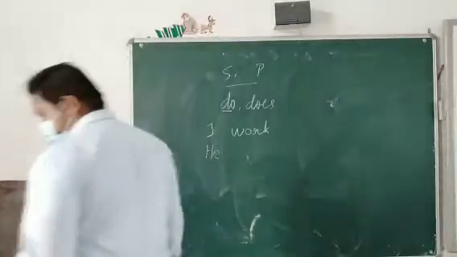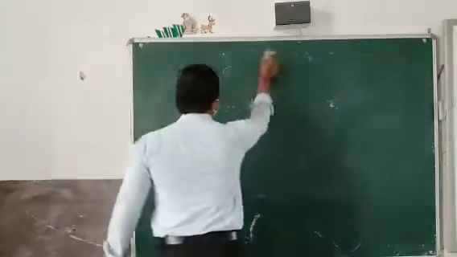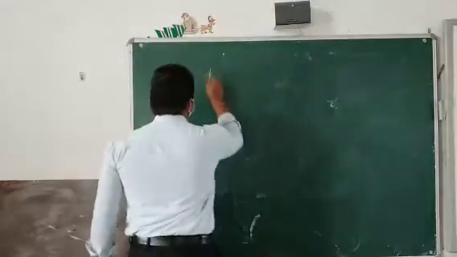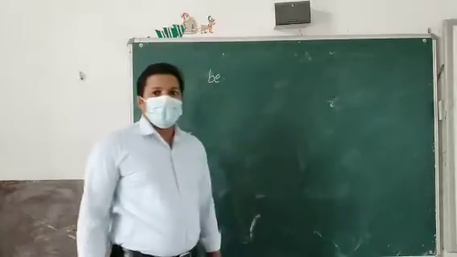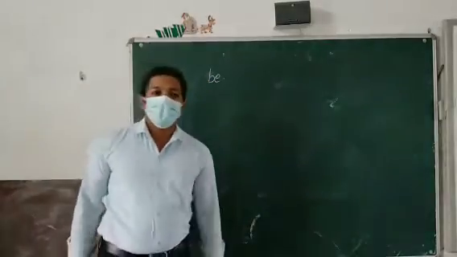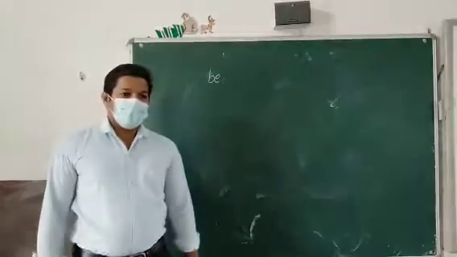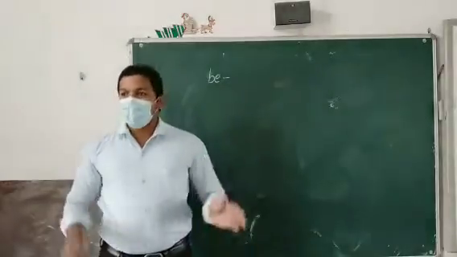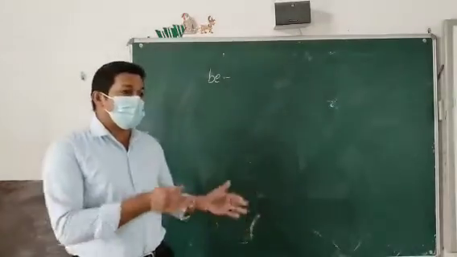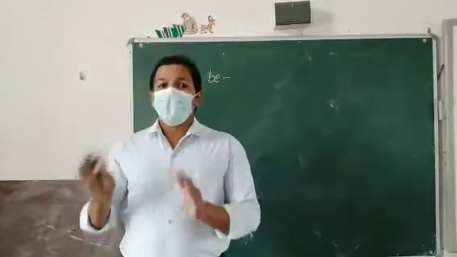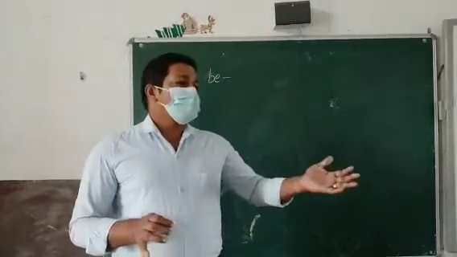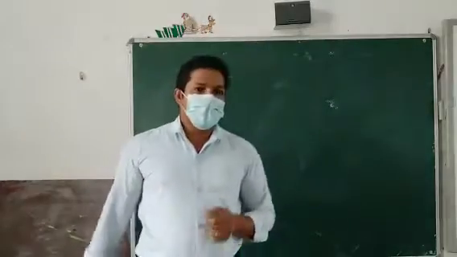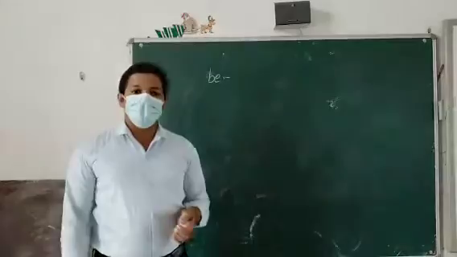So there are mainly three or four categories of verbs. One is be. Have you heard of this one? Be. There are different forms of this verb. Start from this. This is the base verb, and from this there are many forms. Normally when we use a verb, only three forms are there, like work, worked, worked, or do, does, did. Like that, three forms are there: present form, past form, past participle form.